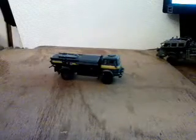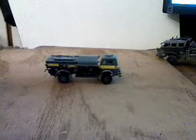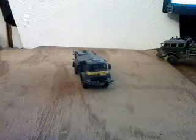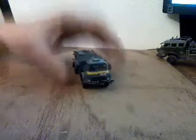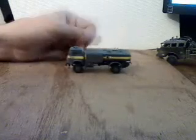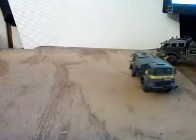The first vehicle I did was this Bedford refueler. It's the FX kit, 1/76 scale. Went together nicely. The decals were absolutely horrible. They refused to come off, they broke up, and in the end I actually ended up gluing some of them on. They were dreadful, but it's a nice vehicle, simple build. In terms of scale, I'm going to put...